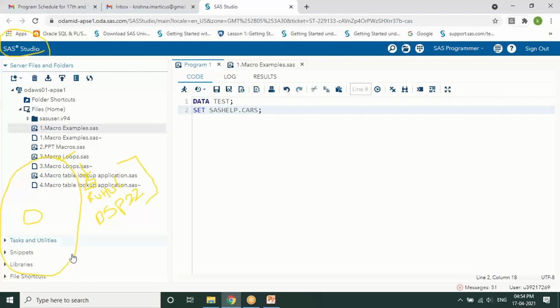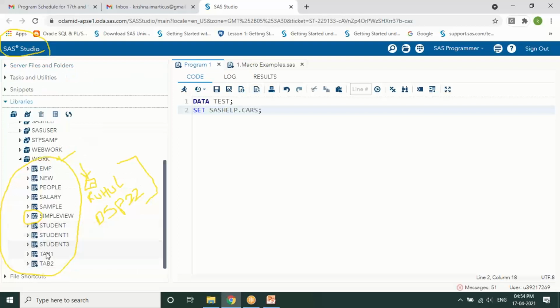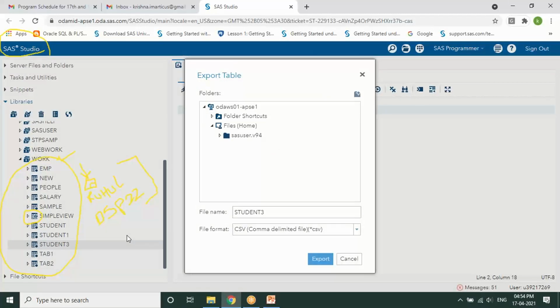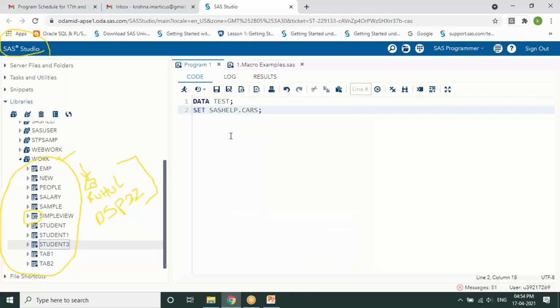For example, if I open this library, and right click on a data set, you can see there is export, duplicate, all that. The same way, the catalog files can also be exported to someone anywhere who is connected to each other. And that can be made use of by anyone else. Got it. Thank you. Okay, right.